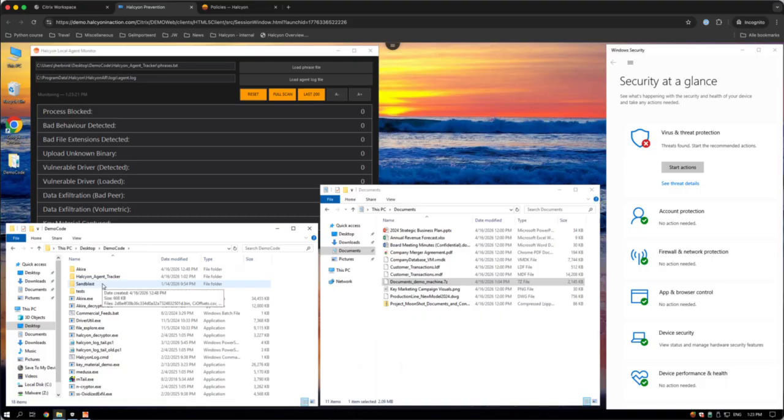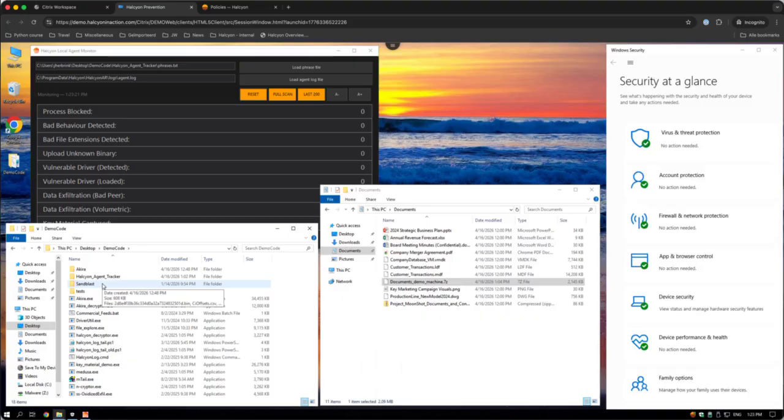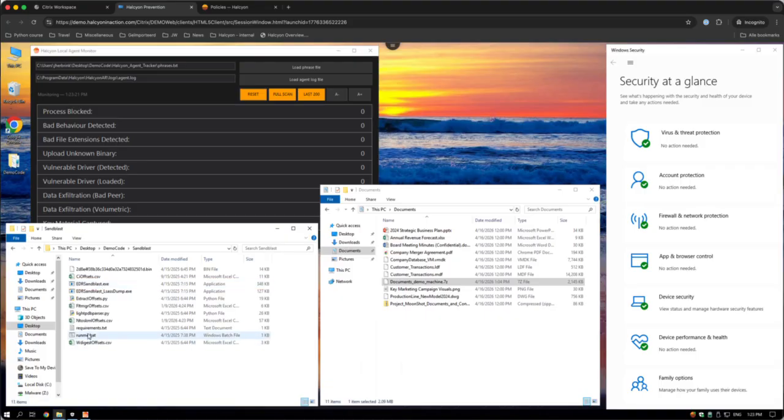And it basically does a few things. It loads a vulnerable driver, and that vulnerable driver subsequently helps the Sandblast tool to unhook the EDR, in this case Microsoft Defender, from its location in the kernel, making it effectively blind to any events on that system. So let me execute that, and you will see some activity also happening at that moment in time in